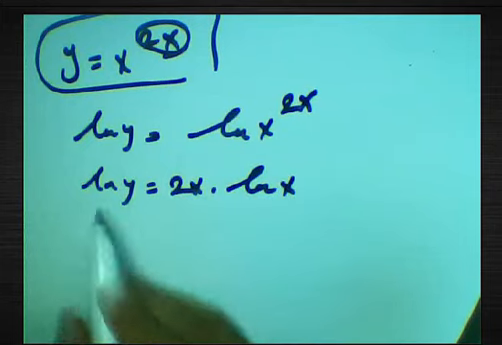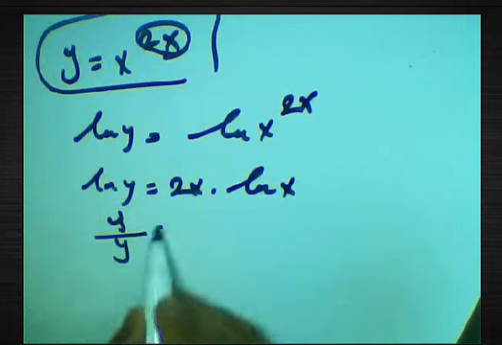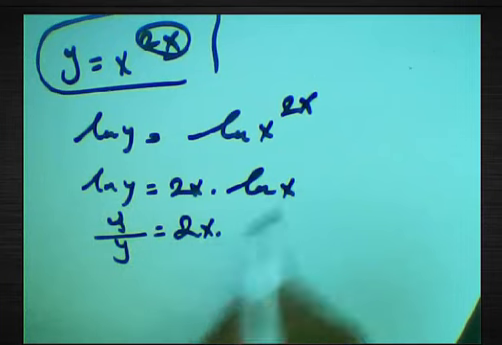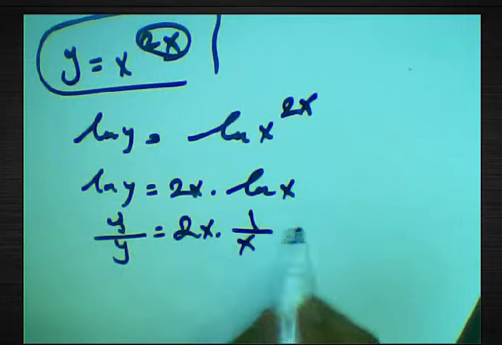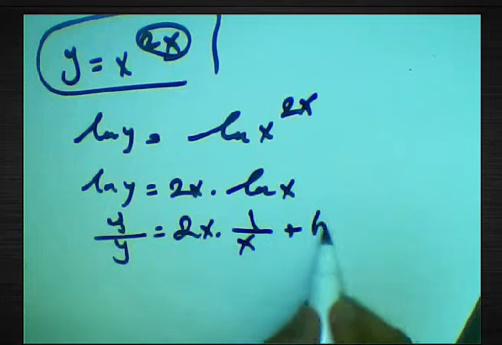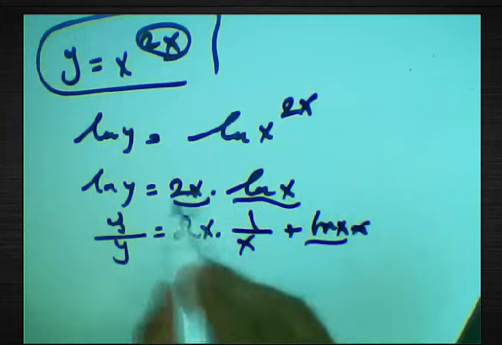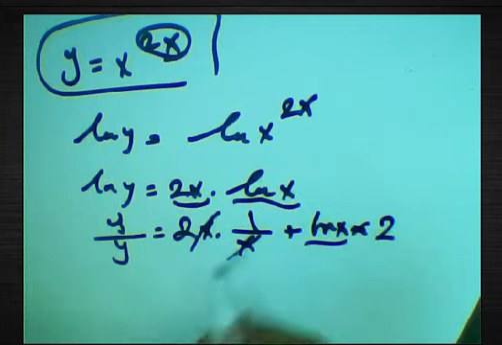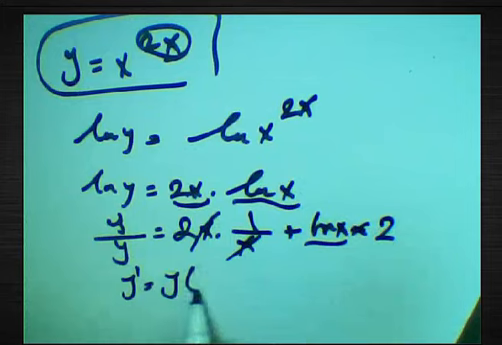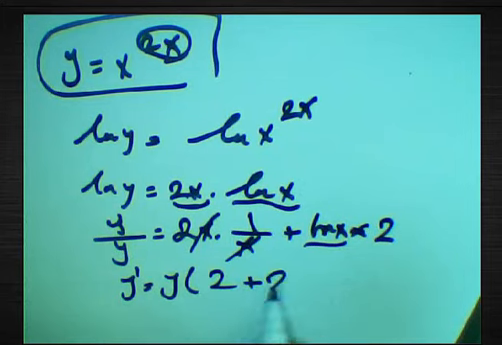Derivative of ln y will be y dash over y. And write the first multiplication derivative of ln of x, 1 over x, plus ln of x. This function here, multiplication derivative of 2x to be 2. We cancel x by x, then y dash equal y multiplication by 2 plus 2 multiplication